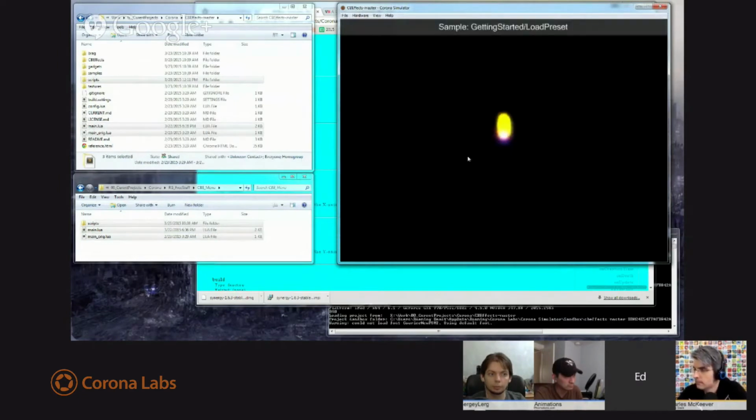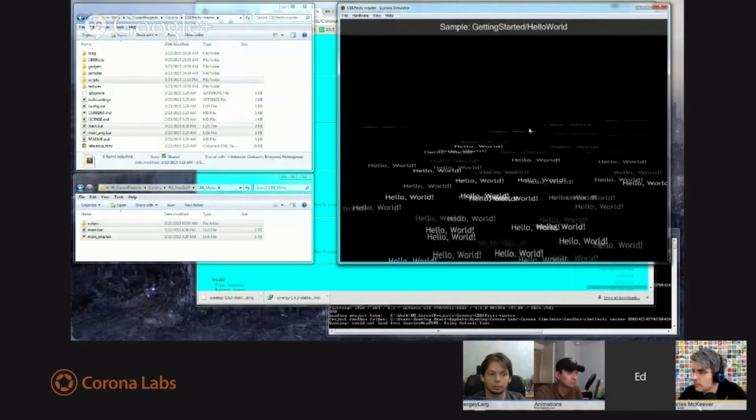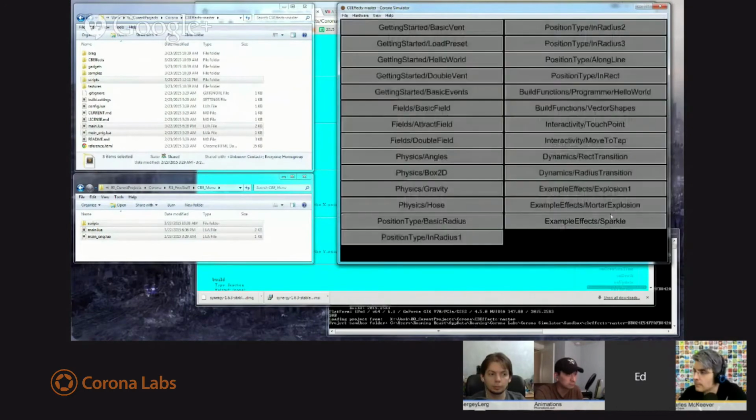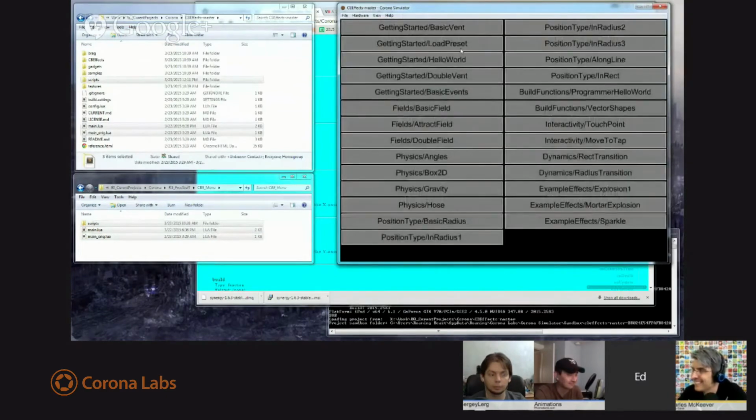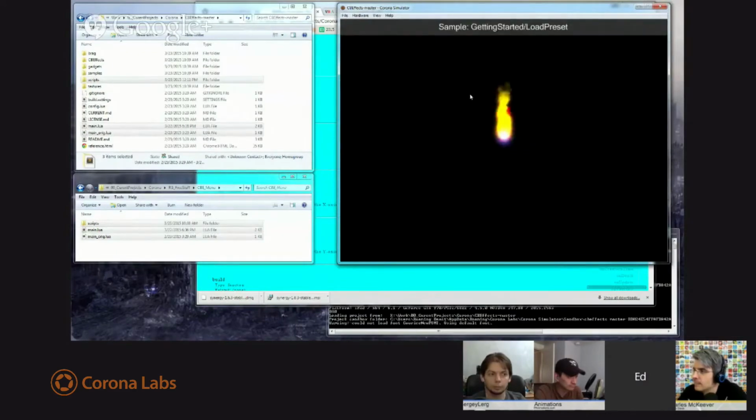Basic vent, load presets, hello world, one of my favorite ones, which was the mortar explosion. Really, I don't know why I enjoy that so much. But then it struck me, I said, wait a minute, what about that load preset one? Load preset is a special example in his kit, which actually has a bunch of sub-examples. So what he's done is he has set up preset definitions for a whole bunch of different vents. And this sample loads the burn preset,